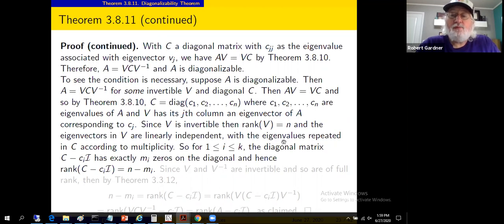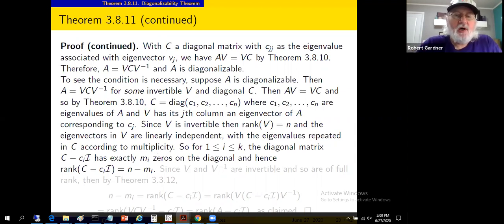We have repeated eigenvalues in matrix C according to multiplicity. Right? We have C1 through C sub n listed here as the eigenvalues of A. Nobody said the eigenvalues were distinct in any of this. So these are the eigenvalues. We put them in a matrix. If C1 and C2 happen to be the same, fine. We just repeated the same eigenvalue more than once according to the algebraic multiplicity